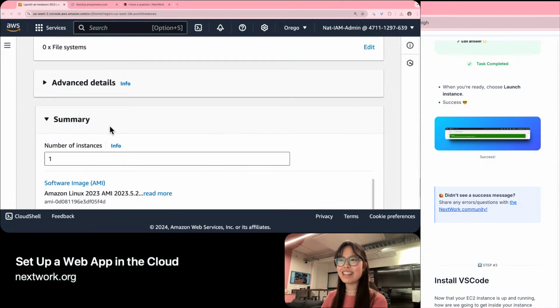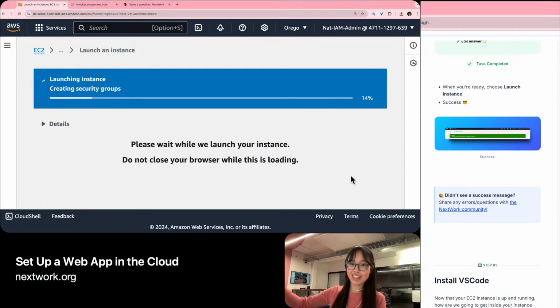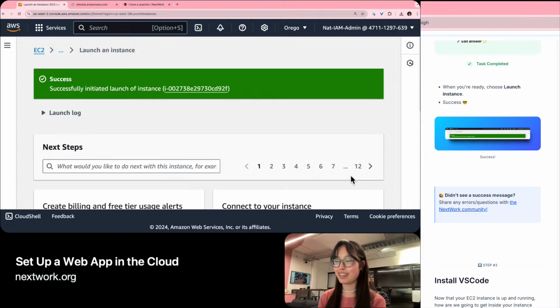So when you're ready, now that you've set up your EC2 instance, your very own server in the cloud, we can launch it. Launch your instance, and it should be a success. We see the success banner that confirms we've successfully created this virtual server. If you don't see a success message, if you're getting an error while trying to launch this EC2 instance,